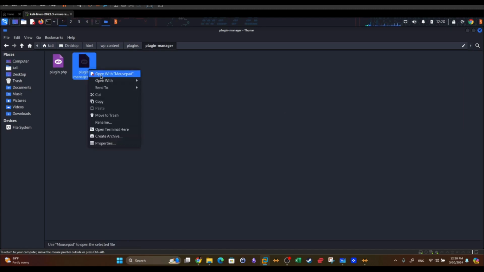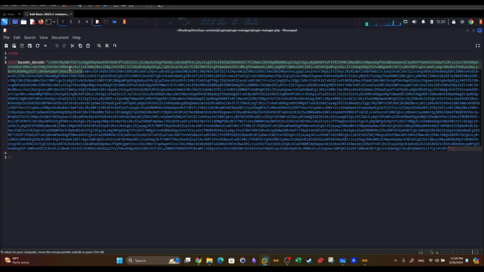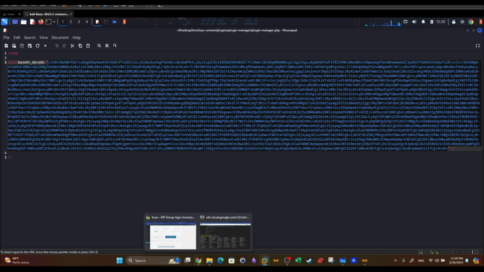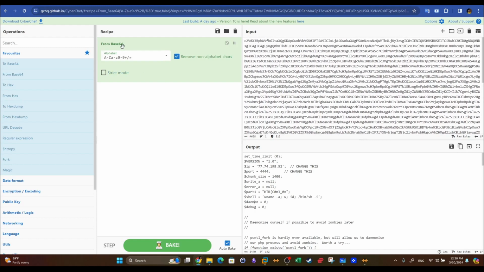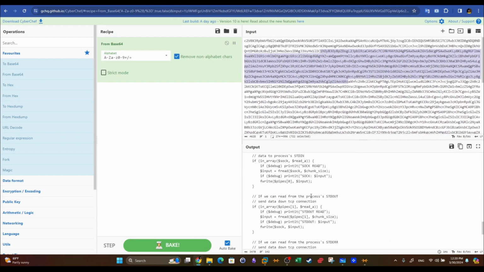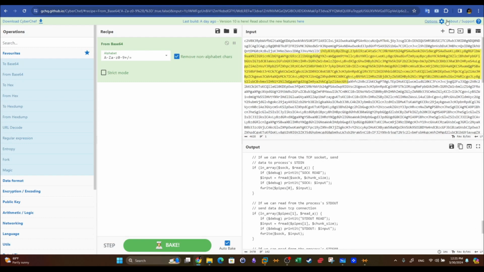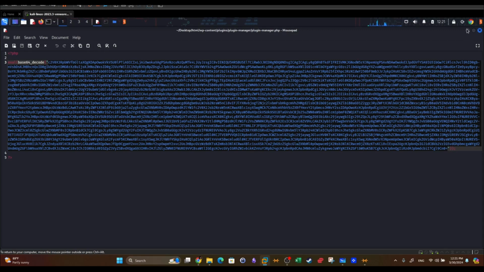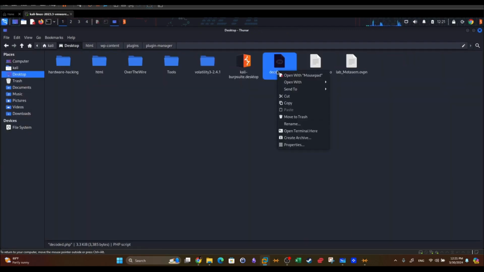I'm gonna open this file with mousepad, and we see, look at this, base64 encoded. So what we can do here, we can copy this and then go to CyberChef. From base64, paste, and you have the file decoded. If we copy this file to my local machine and we take a look at the file decoded,